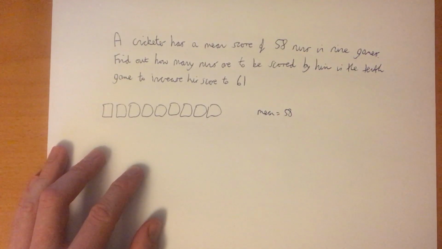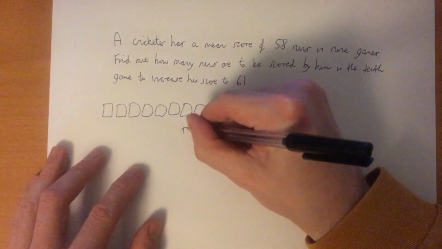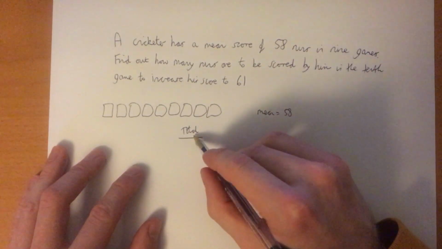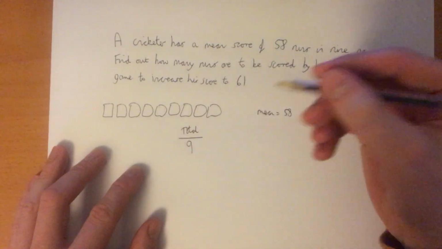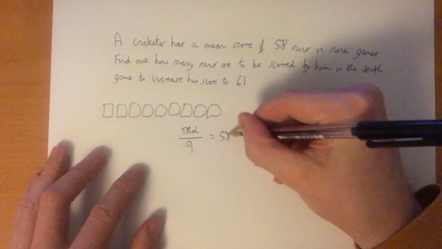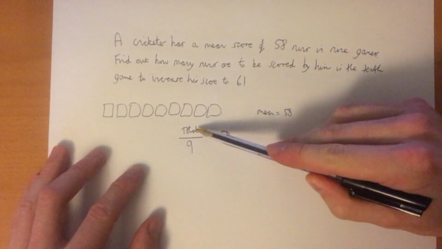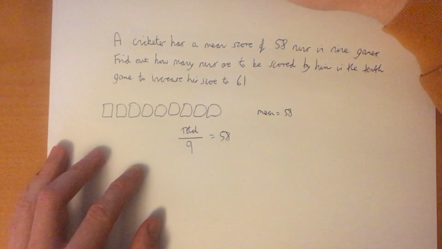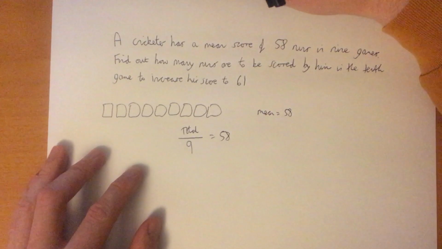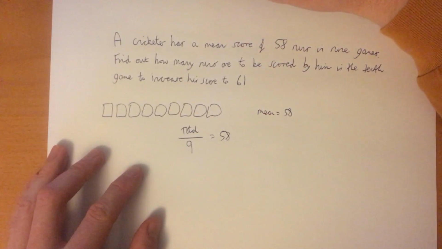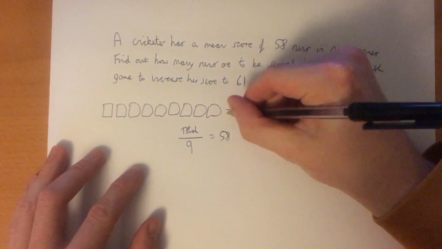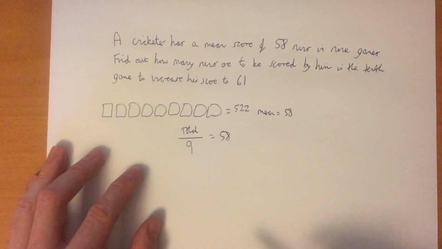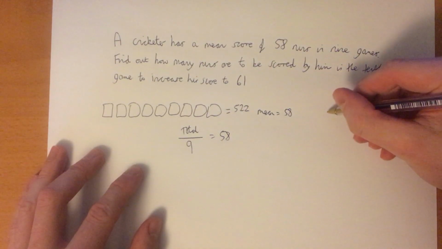Now you know to find mean is the total divided by the number of games that were played. In this case is 9, because I've got 9 boxes, and then that equals the mean, so 58. So what we can do to find out what the total is of those 9 games, we can do 58 times 9, because that's the inverse. So therefore, we'll go 58 in the calculator times 9 to get 522. So therefore, each of these games will add up to 522. Okay? So after 9 games,